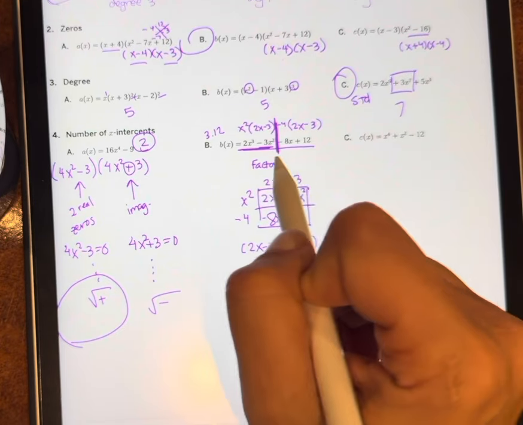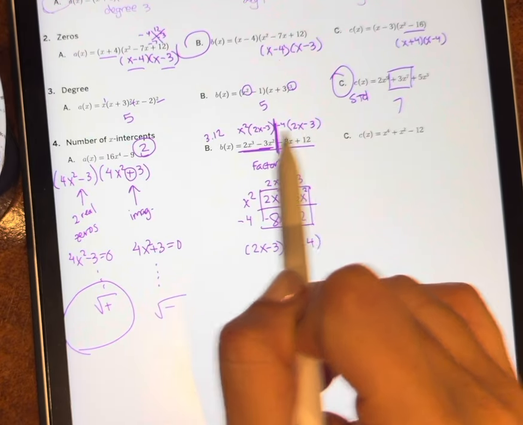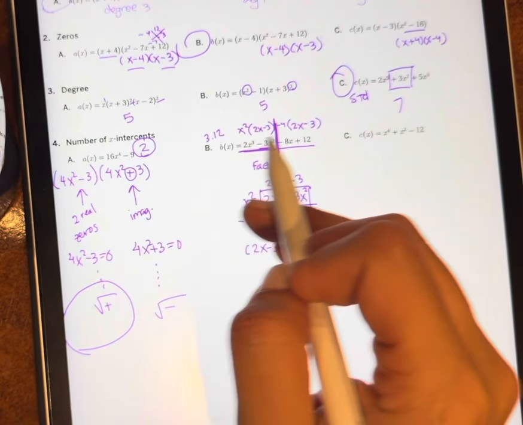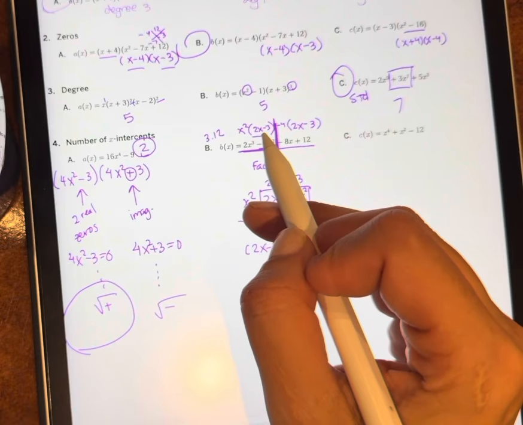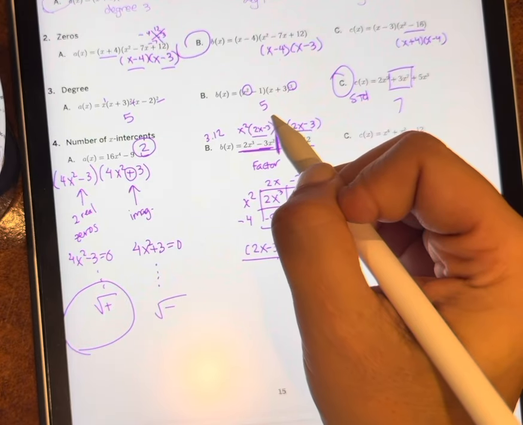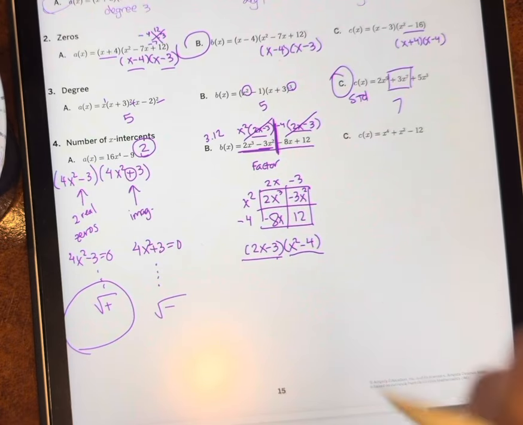So if you can look at this in your mind, imagine taking the GCFs out and see if they work out like this, then you can either do it this way, or if you've already done all this, now you just take the 2x minus 3 out. And once it's out, you're only left with x squared minus 4. So there you have it. And now,